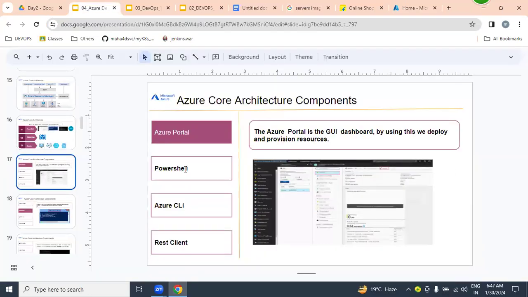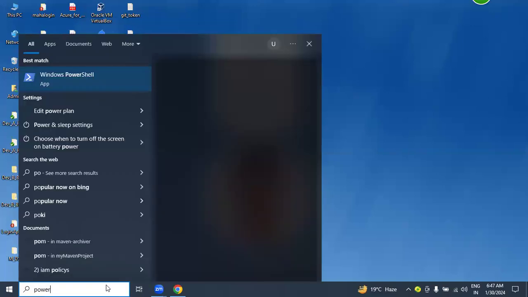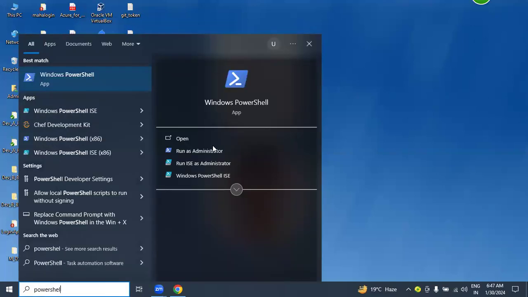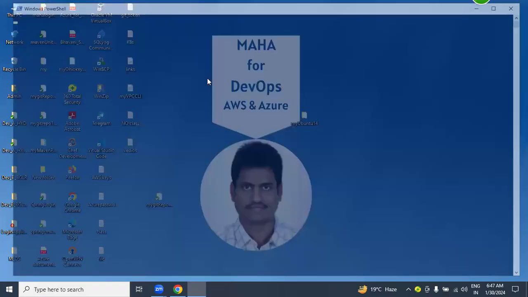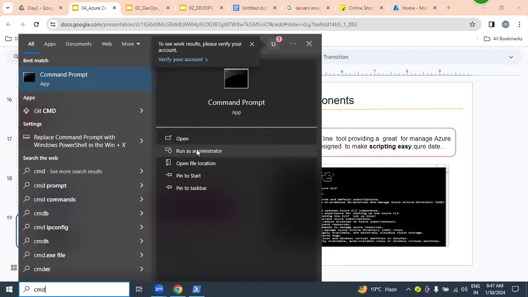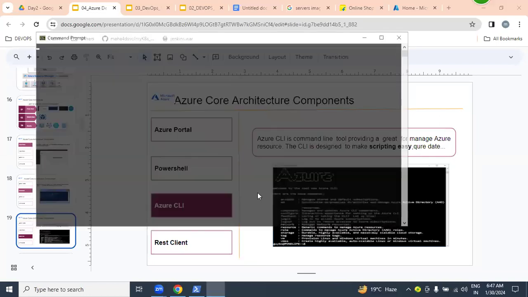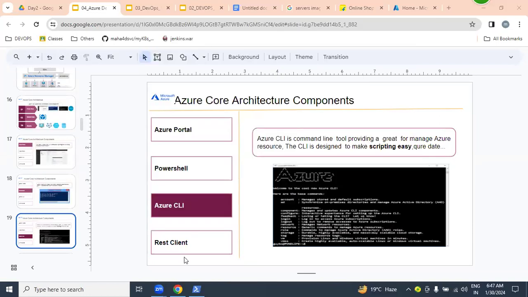The second option is PowerShell. By using PowerShell also, we can get into the cloud and create resources, meaning servers and databases, whatever it may be. And finally, CLI; we can use our CLI also. And finally, REST API.